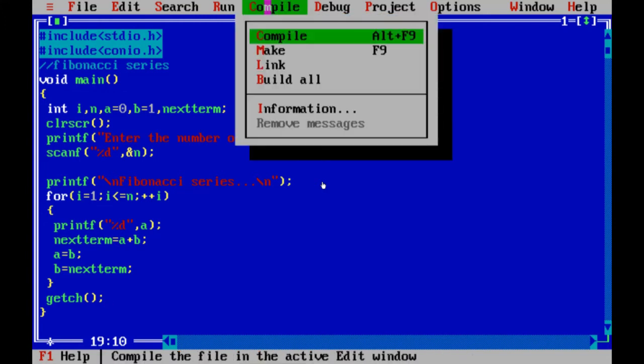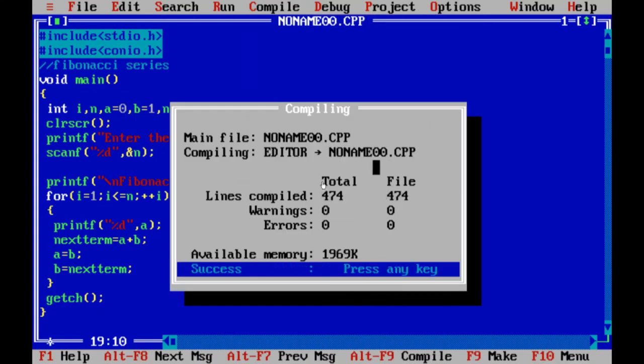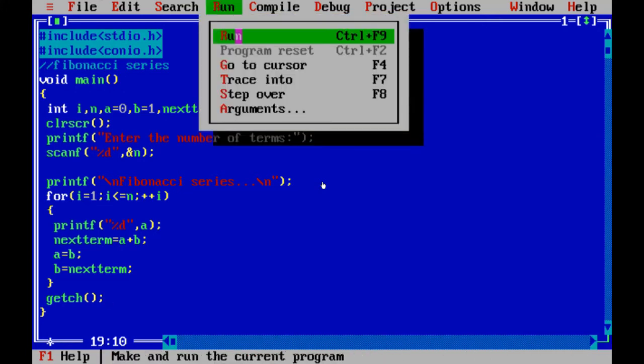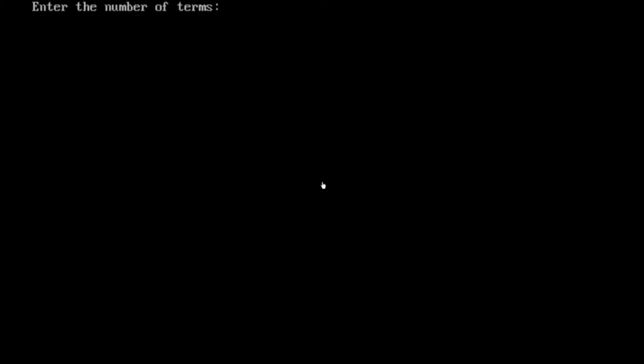First we are going to compile it, just going to that compile tab and clicking compile. Since there are no errors, there is 0 and 0. If we have an error, we will see that there is an error in it. Now we are going to run this program, so we are clicking on run. Since there are no errors, our program has run clearly.